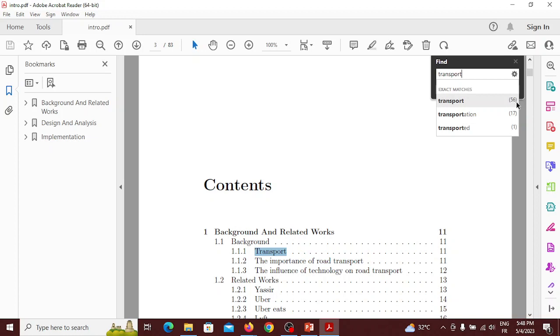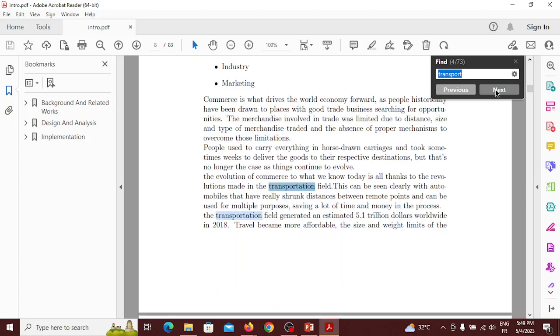Transport was mentioned 56 times in this document, transportation 17 times, transported 1 time. Okay, so let's go with the next mention here. Transportation,